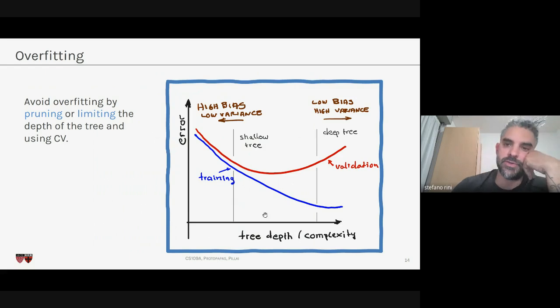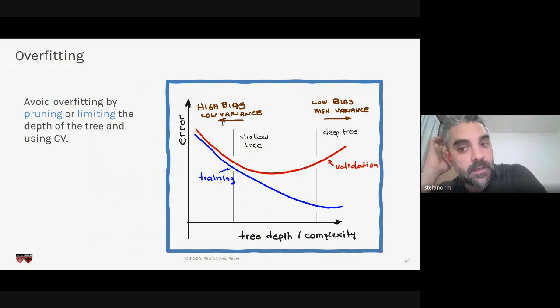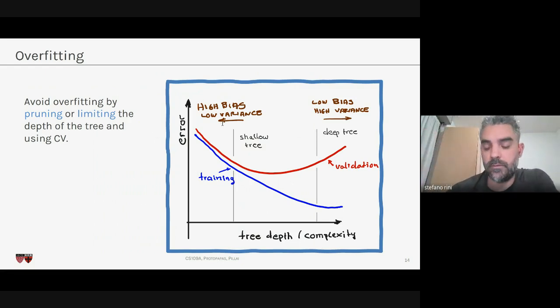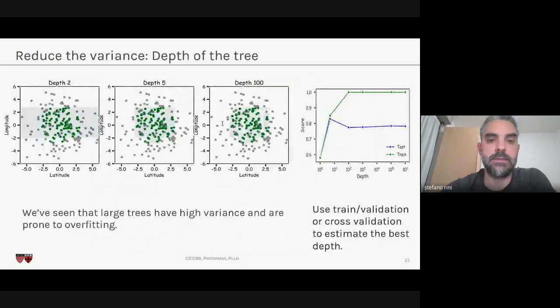So if we are in a shallow tree, then we can improve our stopping criteria and let the tree grow bigger. And if we are in a deep tree, what we can do is implement pruning, right? So that's what we discussed last time. And yeah, classical picture here, where we have different depths, and we use train-validation or cross validation to estimate the best depth of the tree. So if you're happy to grow your tree multiple times, you can do model selection based on cross validation.